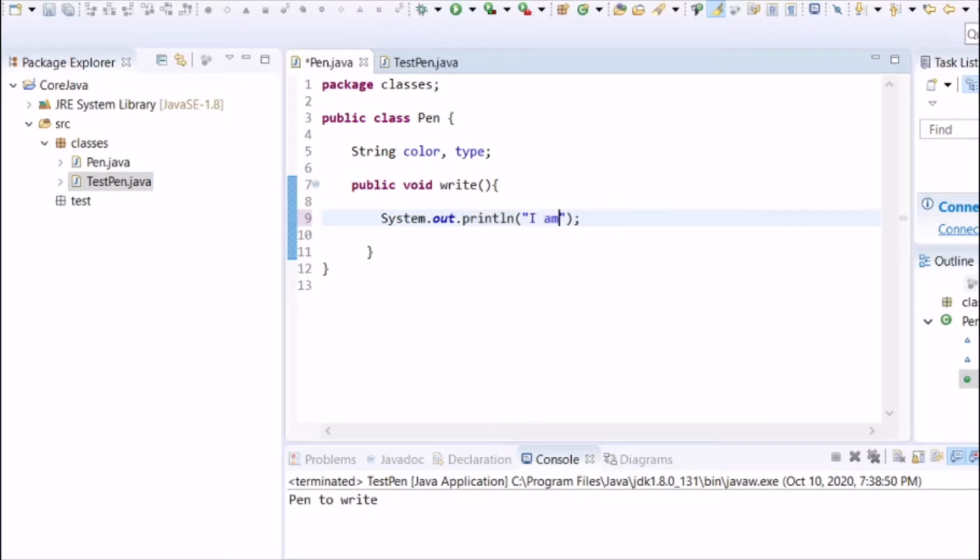I will just write: I am writing with a pen of color, where the color you have assigned, black, should be printed. Black ink color,